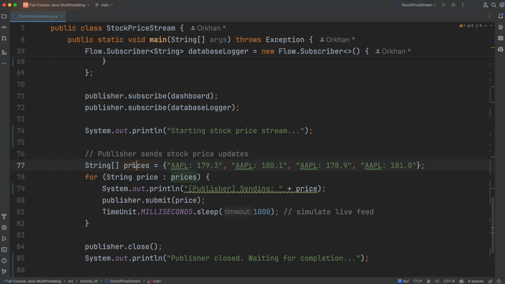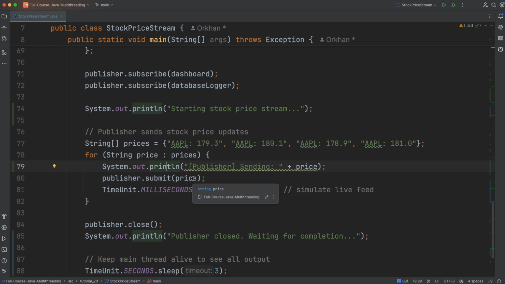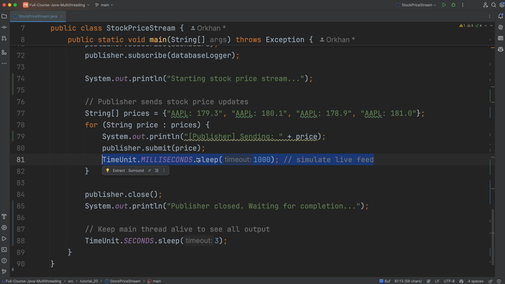So here we just have a value for the stock prices. Let's say for Apple, we have some random values here, and we are publishing those events one by one. We want to see how they are subscribed by our subscribers, and we are simulating the live feed. We are publishing them every second. Then after we finalize all our work, we are closing the publisher in order to not waste the resources,